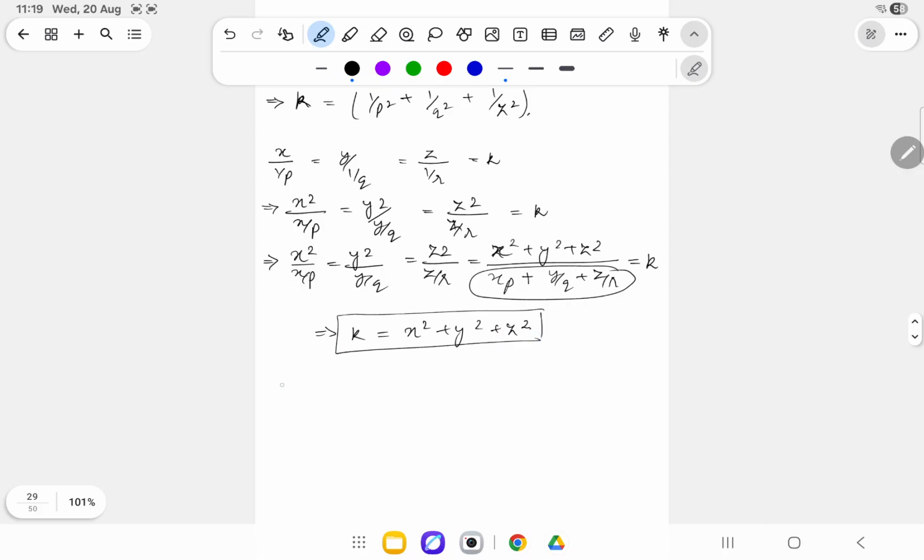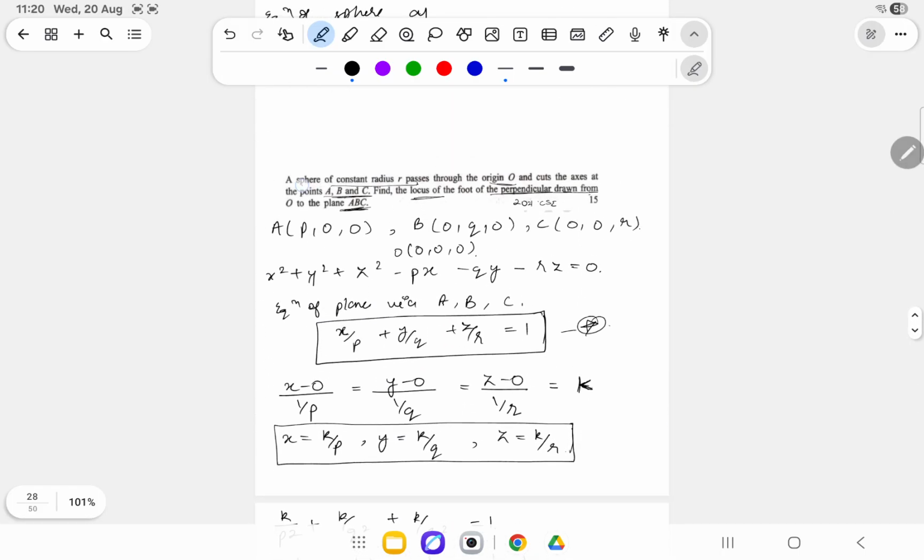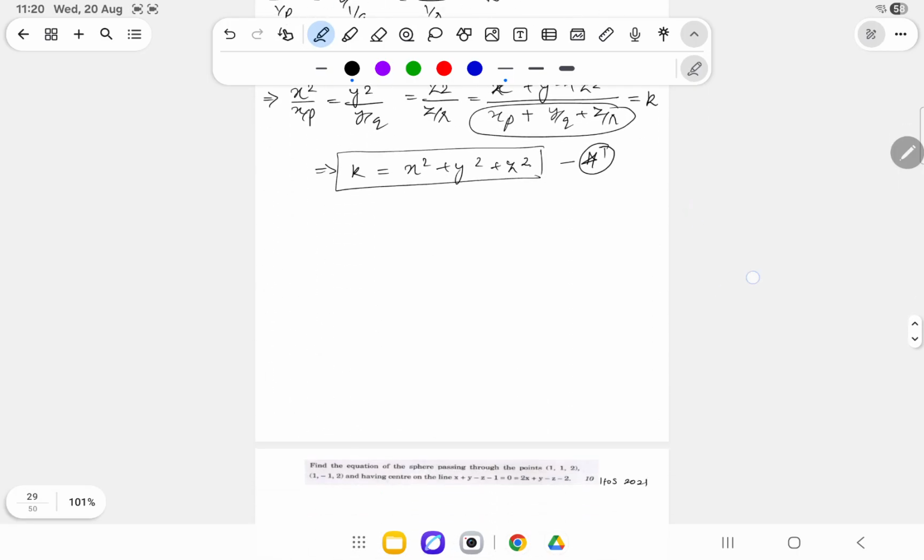So my relation so far is this one. Let us name it as star dash. Further in the question, they have given that the sphere is of radius r. So if r is my radius of sphere, then r square must be equals to